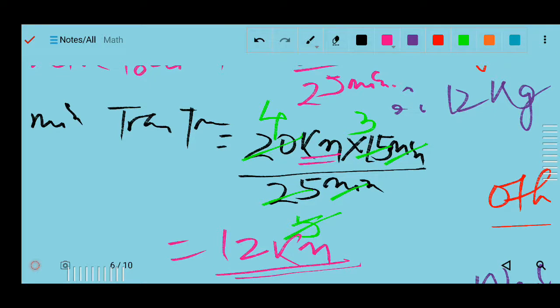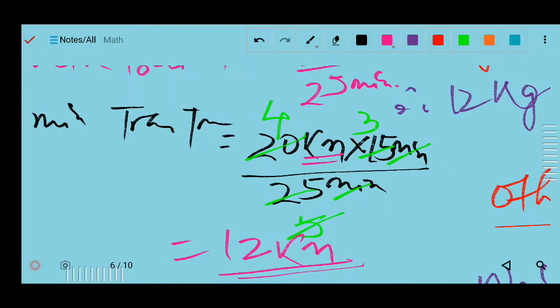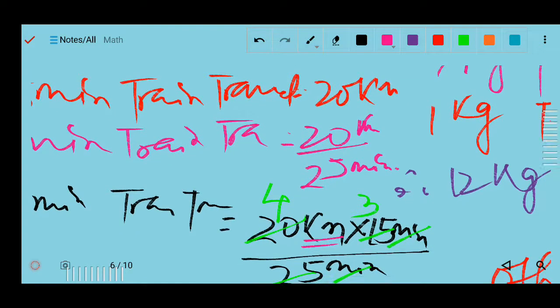Got it? Okay, the same you can solve by the proportion method also. So this is your solution of number 3. Understood? This is by the unitary method. You only have to know, first you have to find the cost of one, then after you can find out. Next we will solve question number 5.